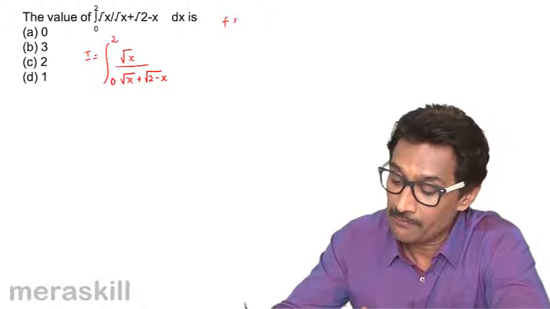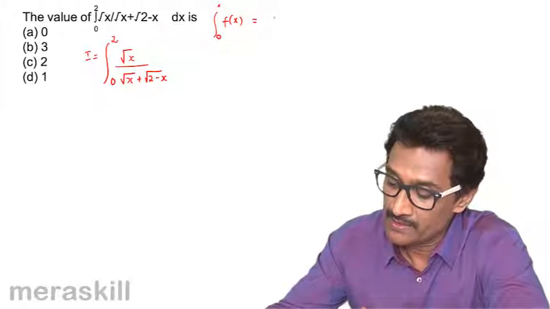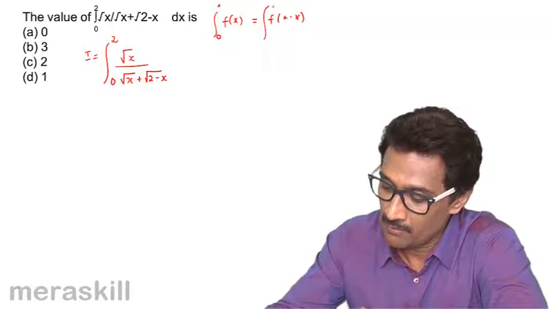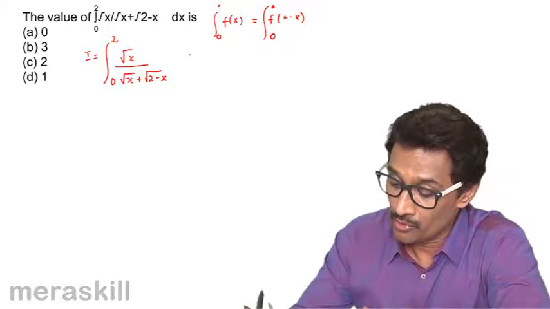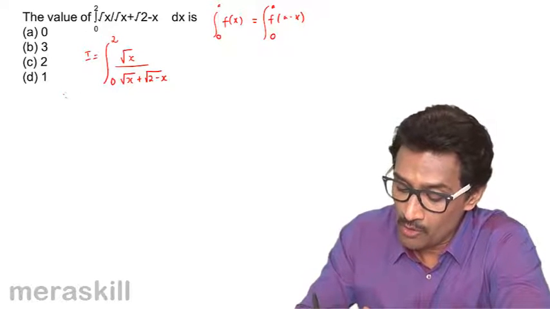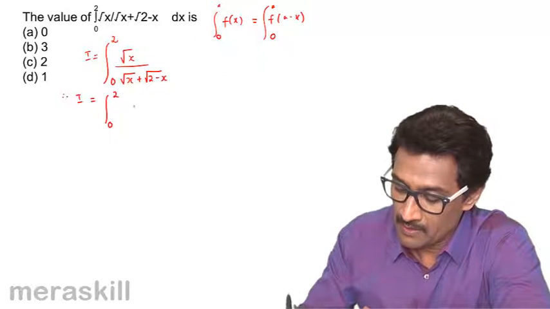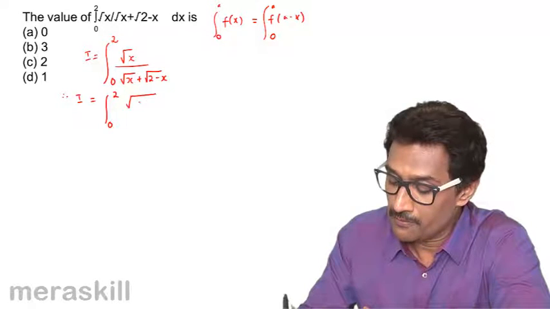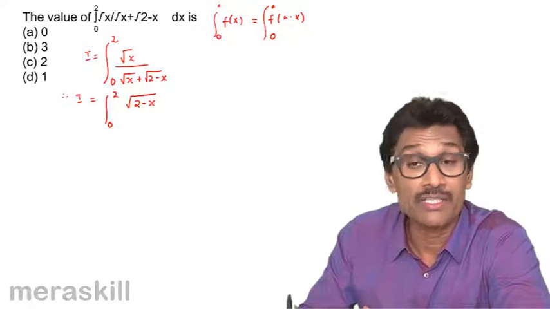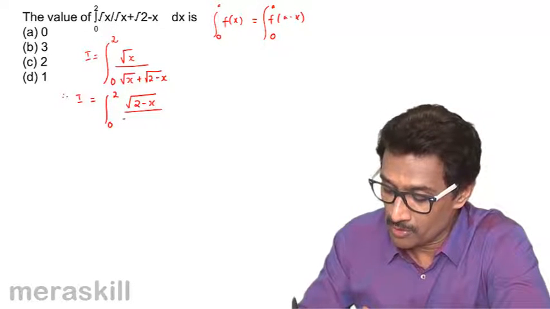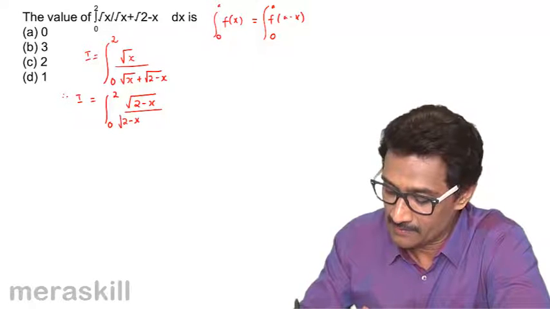We know that the integral of f of x from 0 to a is the same as the integral of f of a minus x from 0 to a. So, therefore, I can also be written as root of 2 minus x, because here a is 2, upon, instead of x you put 2 minus x,